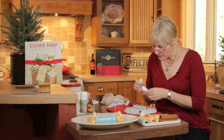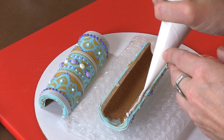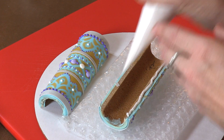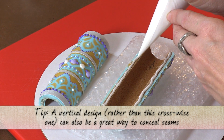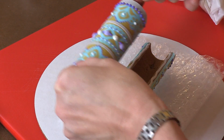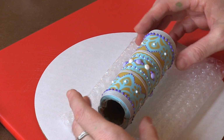And I probably am not going to put a border down that seam on the outside. You could if you really wanted to hide the seam, but I feel like it might almost accentuate it more. So this is my thick royal icing glue. I'm using white. You could also use light blue. You could match the icing color, but not much of this is going to show, one hopes, if at all. And I'm just setting it on top,